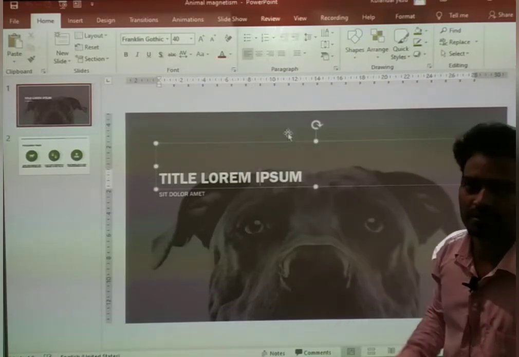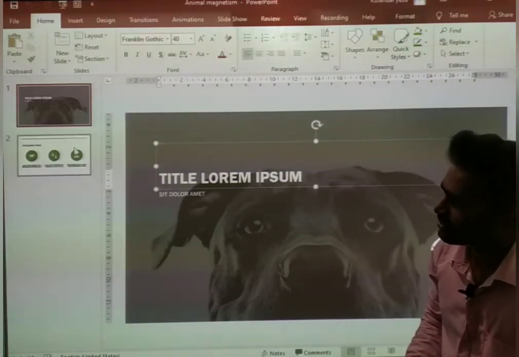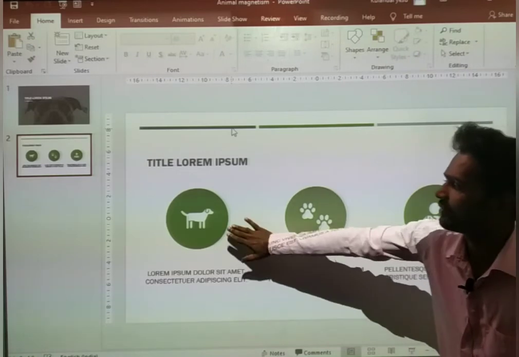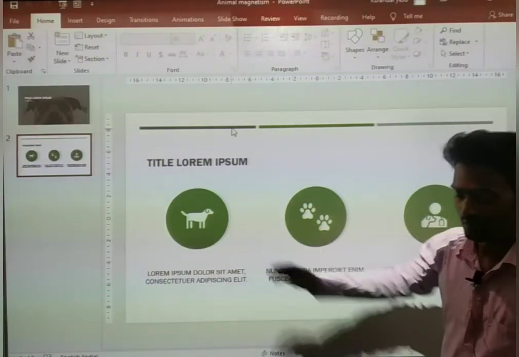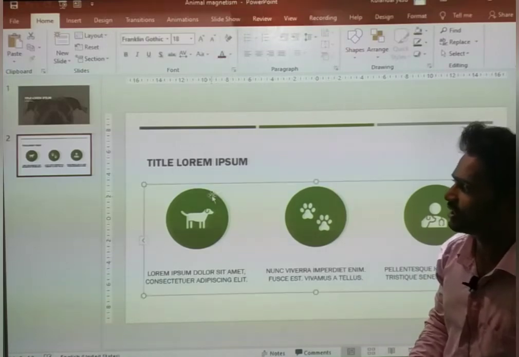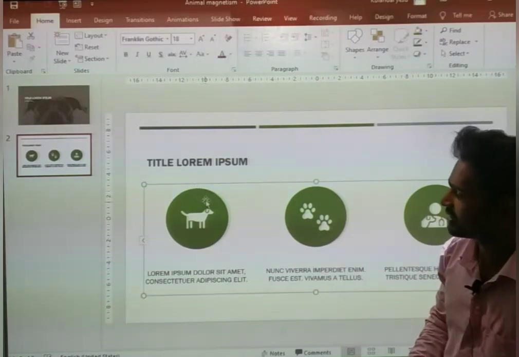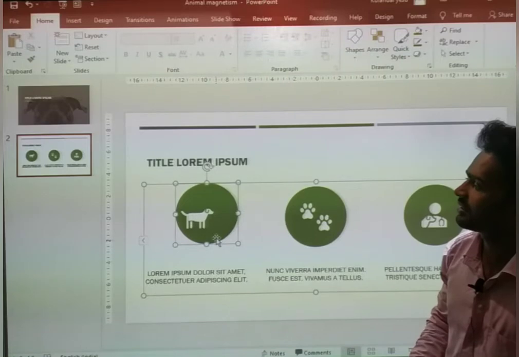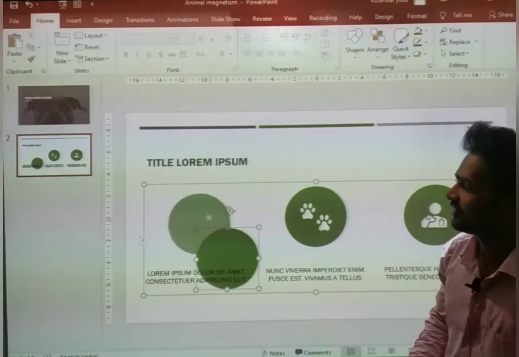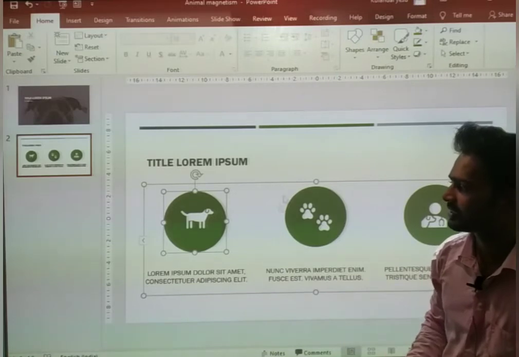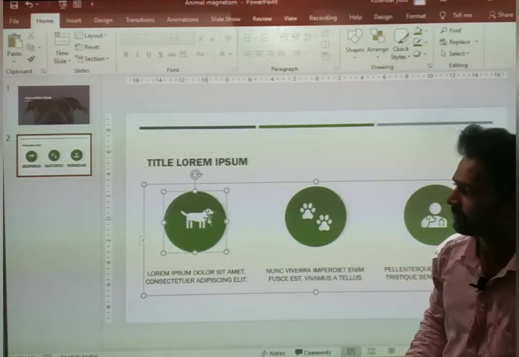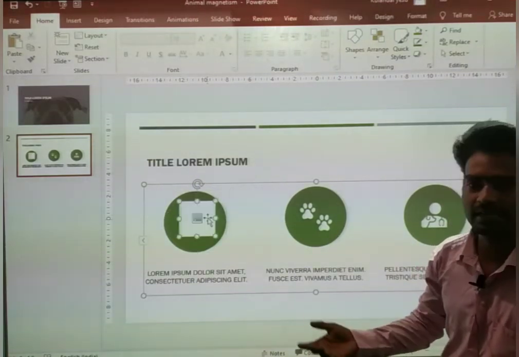This is a template, right? And here also, see here another template. Here we have a different color, different 3 circles we have. Everything can be changed here. If you don't want here downside, move it, the circle. Here you can move it. And if you don't want that, even we can delete it. It will be deleted. Okay, the dog can be also deleted. Delete it, it will be deleted.